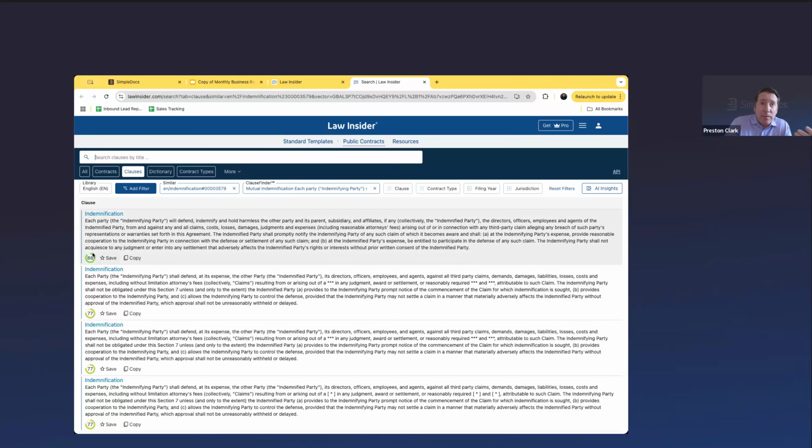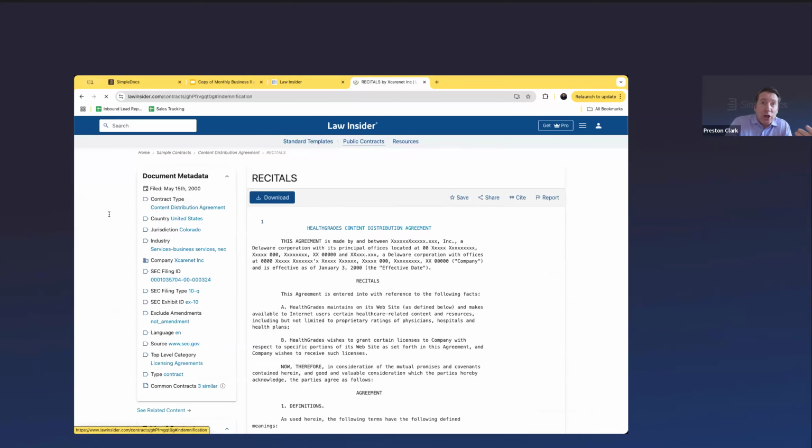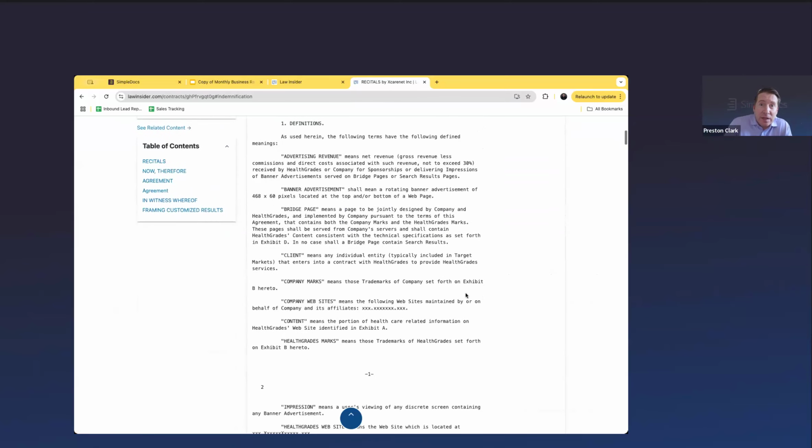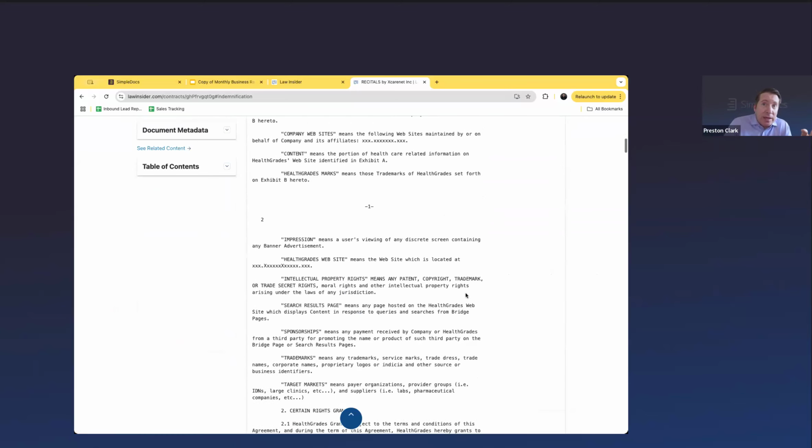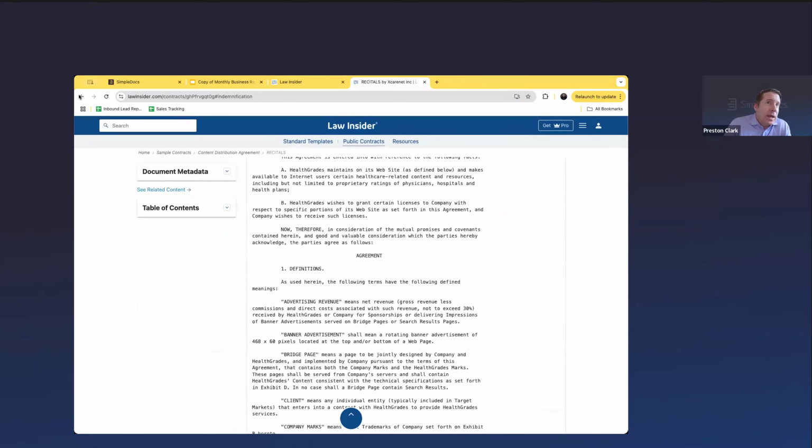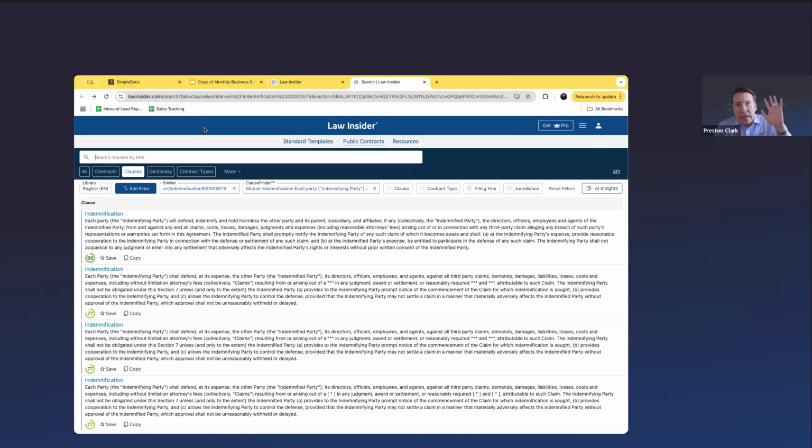It's giving me an 88 score. I can go to the agreement where this indemnification lives. If I really want to go deep and ask where this came from, I can do that. That's something you can't get with OpenAI or general AI tools, because the comparison of real data with a link all the way through to the contract source is not available.